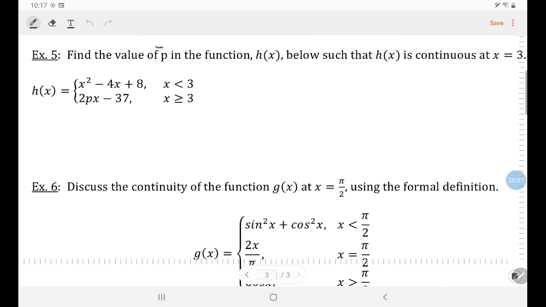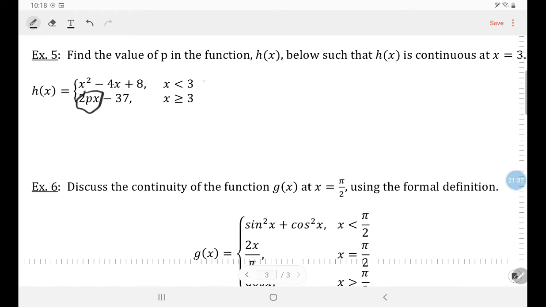Here I want you to find the value of p. You say, well, what's p? Well, p is this parameter right there, meaning I want my function h of x to be continuous at 3. So it's not a case of does the limit exist, does f of whatever exist, and are they the same? It's a they are. All three conditions are met. When I say it's continuous, I'm saying that all three of those things have to be true. The problem is, in order to make it true, I'm going to have to find some value of p here